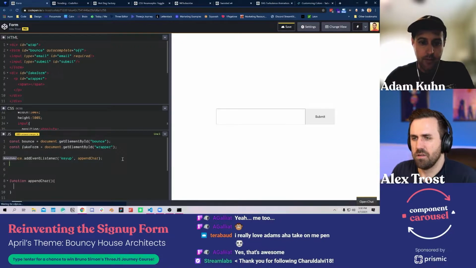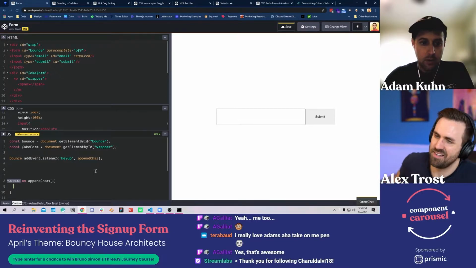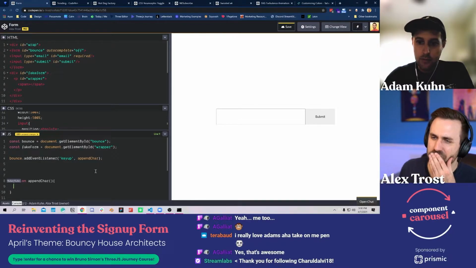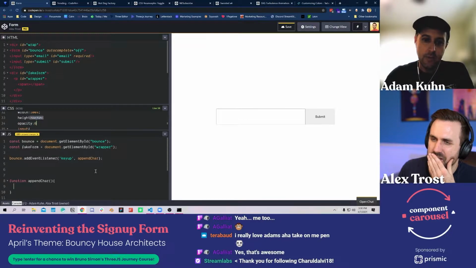Perfect. And then we'll want another one for submit ultimately, but let's get through this first. Got it. Okay. And for these purposes, let's drop the opacity of the form a little bit so we can keep track of both elements as they're populating.